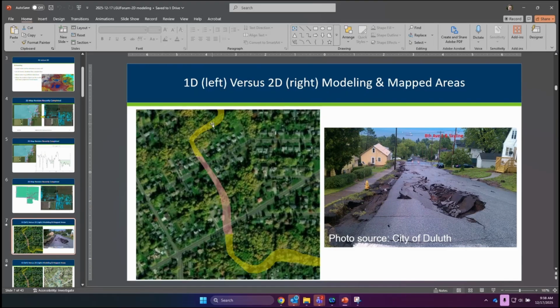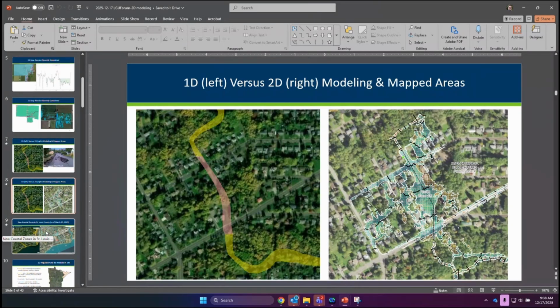St. Louis County and Duluth look like what was on the left side, a narrow floodplain cutting through the neighborhoods. But the reality was that when that flood hit, lots of water flowed down the streets. That made sense to residents, but the floodplain maps didn't show that happening in Duluth. Whereas the newer floodplain maps in Duluth show water going down the streets, and they're able to do that because